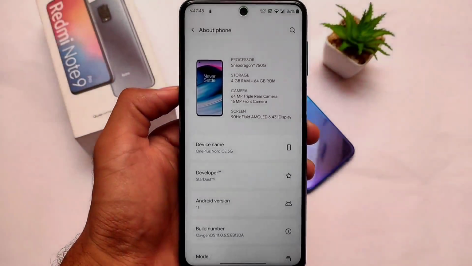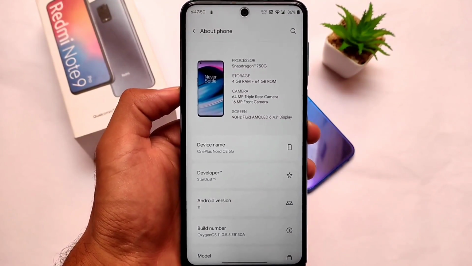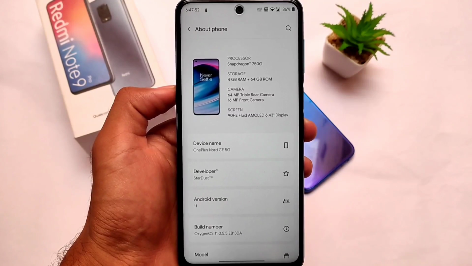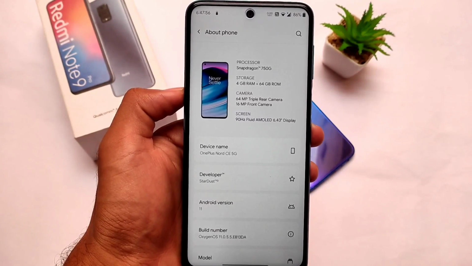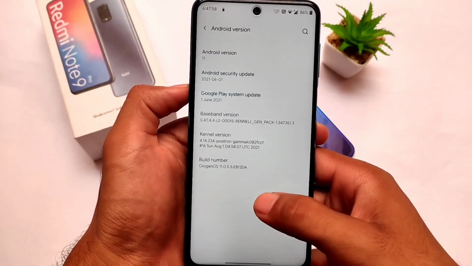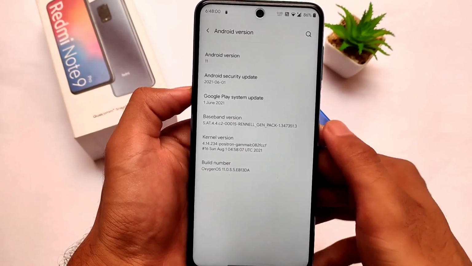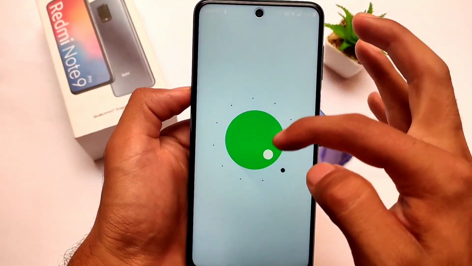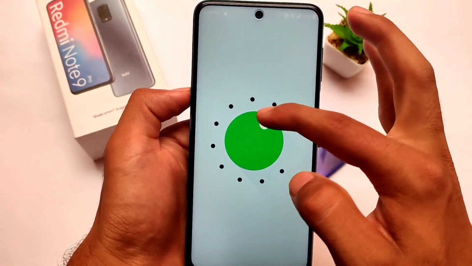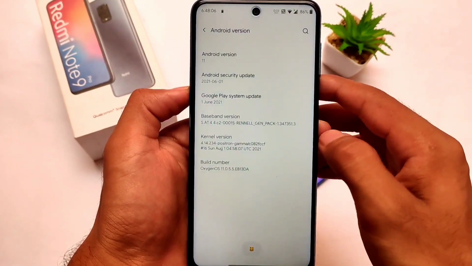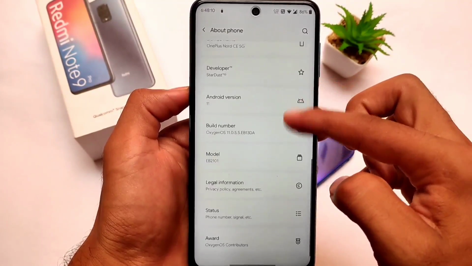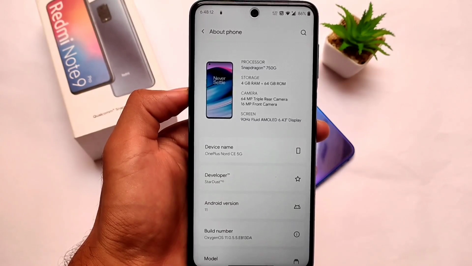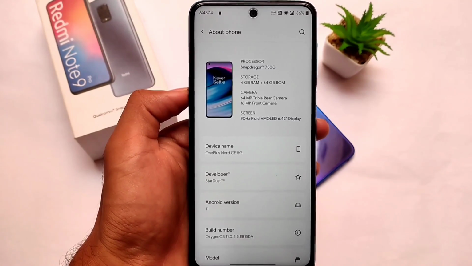Okay, the new build of Oxygen OS custom ROM is here for the mutual devices like Redmi Note 9s, Redmi Note 9 Pro, Redmi Note 9 Pro Max and Poco M2 Pro. This is a OnePlus Nord CE build and this is actually quite good, quite interesting one. Of course, it's a ported ROM, so it might have some issues like heating issues and some other things which I will try to mention later on. But right now, it's based on Android version 11. All credits go to its developer. While our device is showing as OnePlus Nord CE.